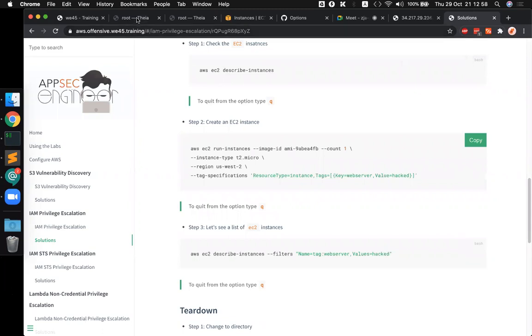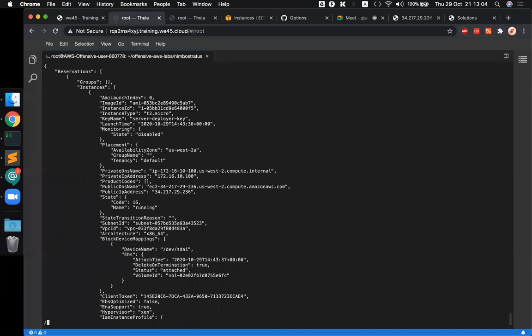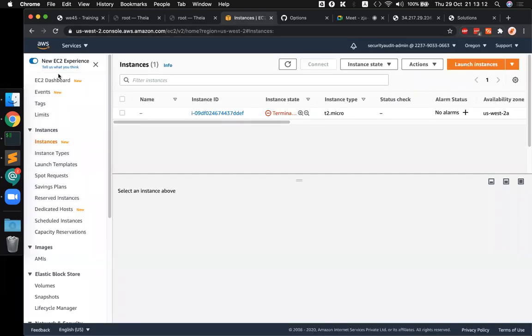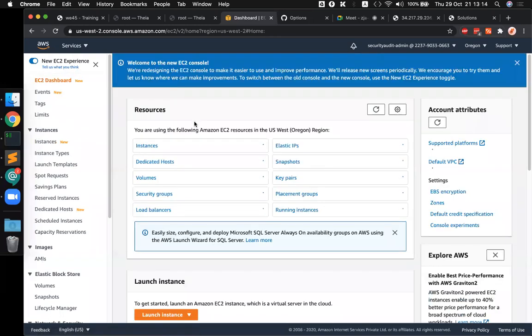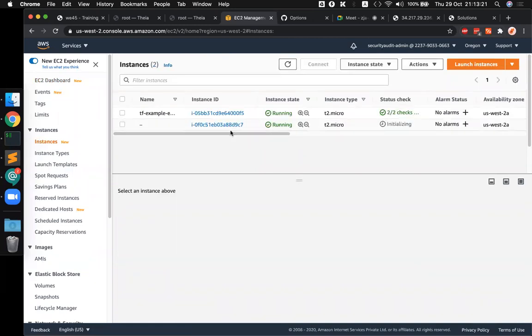So now if you see, if I run describe instances, and search for act, you will be able to see that I have brought up new instances. And if I go to the EC2 dashboard, I should be running 2 instances and not one. One of them should be called